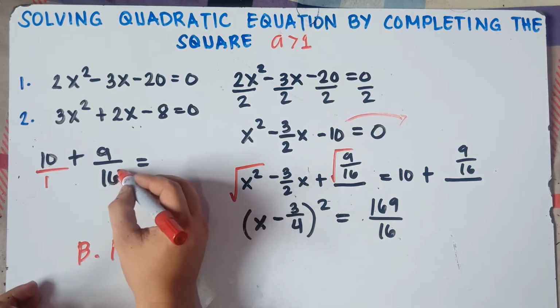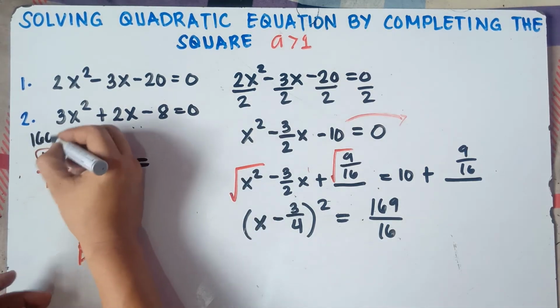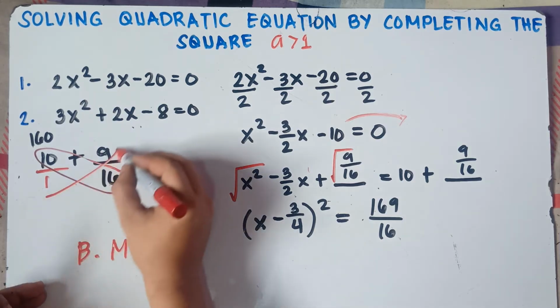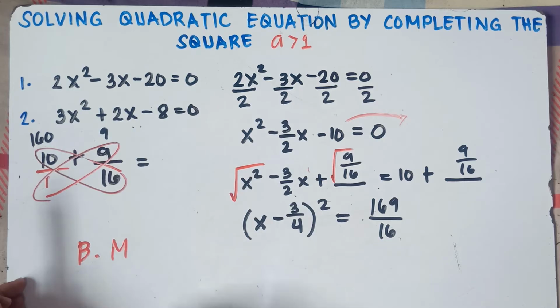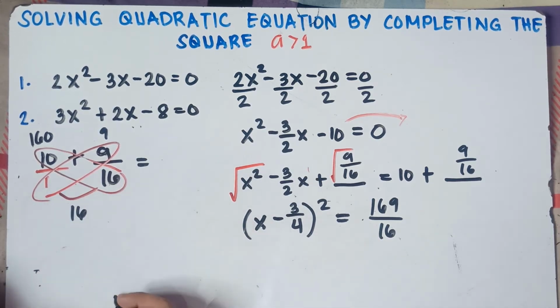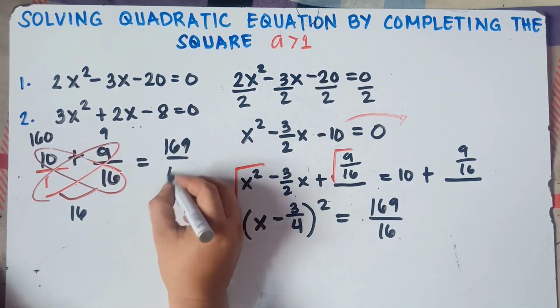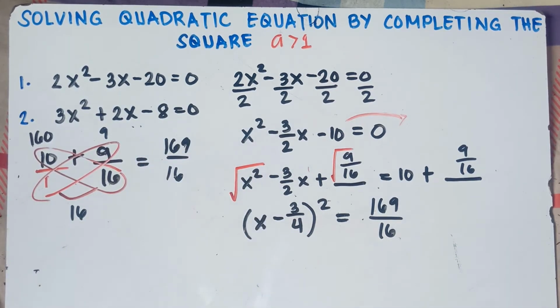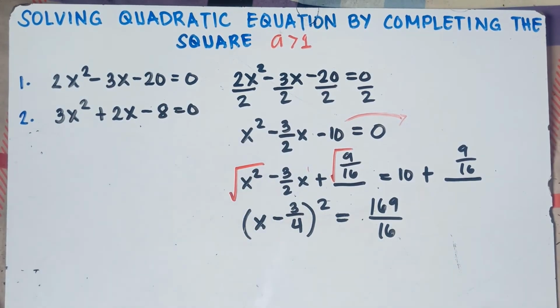Simply cross multiply: 10 times 16, that is 160, and then 1 times 9, that is 9. Then you multiply the denominators: 1 times 16, that is 16. And then you add 160 plus 9, that's 169, and copy 16. Same answer, class. Next step, to find the value of x, you extract the square root of both sides